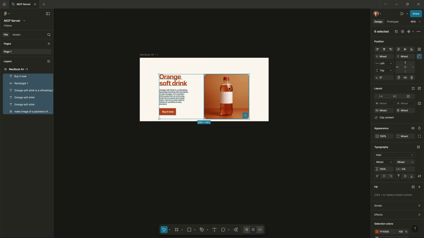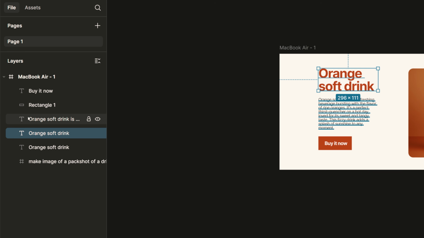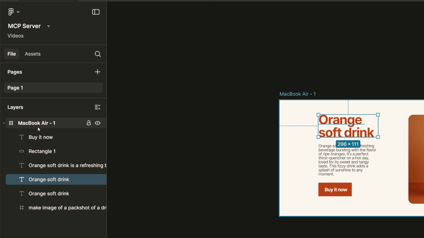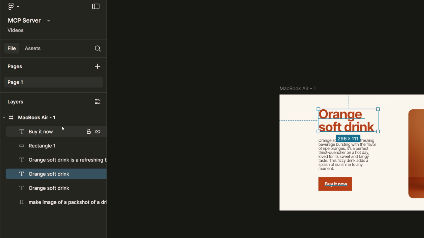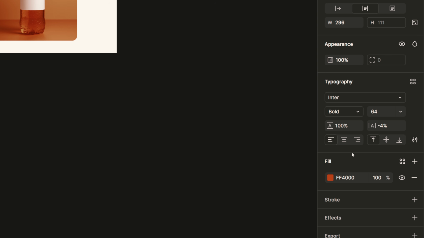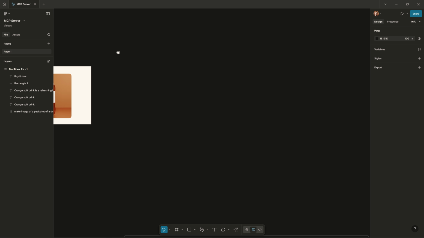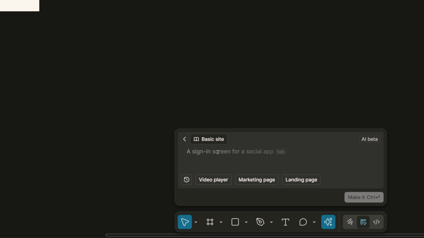So basically we have the hero section for a product detail page, in which we did not use any layers, meaning that we do not have a proper hierarchy. Everything is flat in one frame, and we did not use auto layout to build a more responsive and better layout in general. And the styles are not connected to variables. Everything is just normal. This is the first version, and for the second version, I would like to use the first draft functionality to build my second version of the same design.